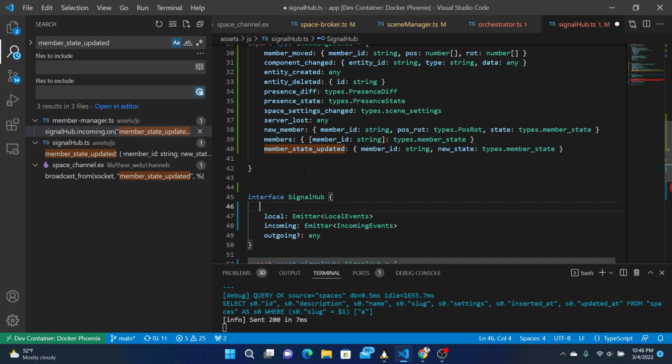I don't like doing that because it kind of gets confusing. I'd rather combine all these. Presence diff is what you listen for when things are removed. Presence state doesn't really tell you anything except that they're there, but we get that from members and new member and updates. So really, if you just combine the last three and presence diff,